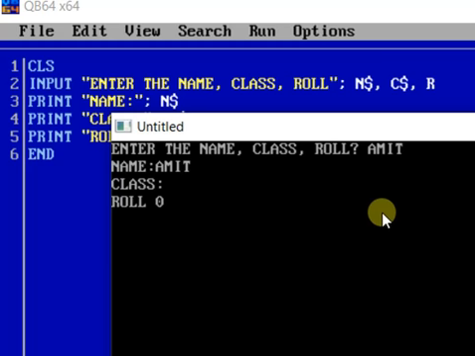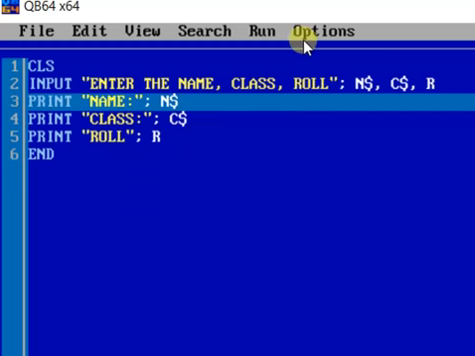If you don't give commas and just press the enter key, then it cannot take the values for class and roll, and it will print only the name because it has taken the name, and after that all other things will be blank. Class is text, so it will print blank. Roll number we have not given anything, so by default it is taking 0. So all the variables should be given and in proper order.